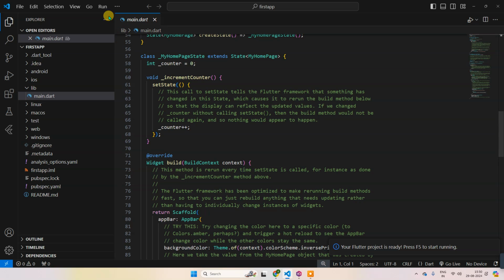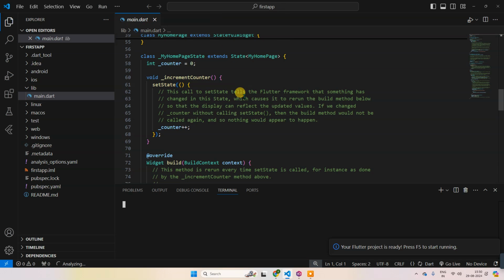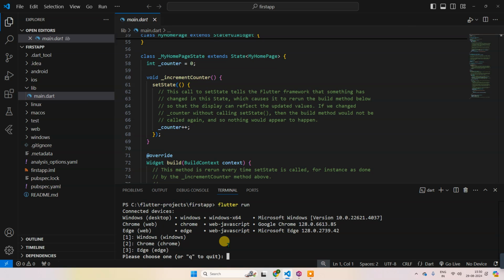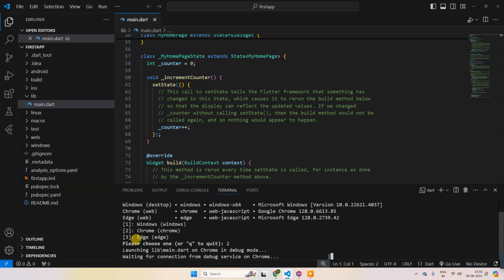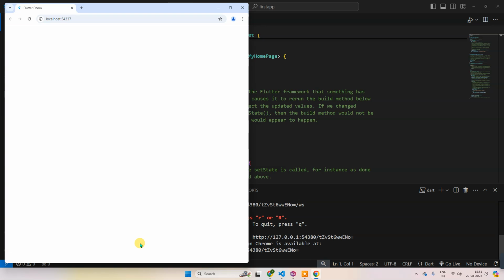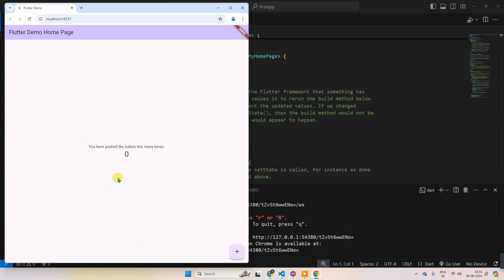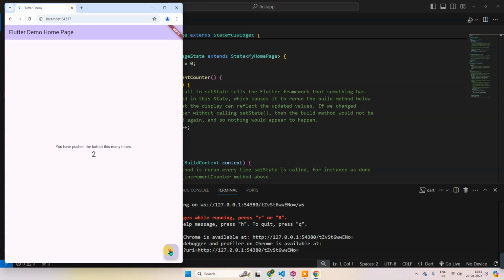Now what we will do is go to Terminal and New Terminal, and to run this application I will write flutter run. Then it will ask you where you want to show this. I am selecting option number 2, so it will display in the Chrome browser. So that's it, guys. You can see it has successfully run, and when you click, the counter is